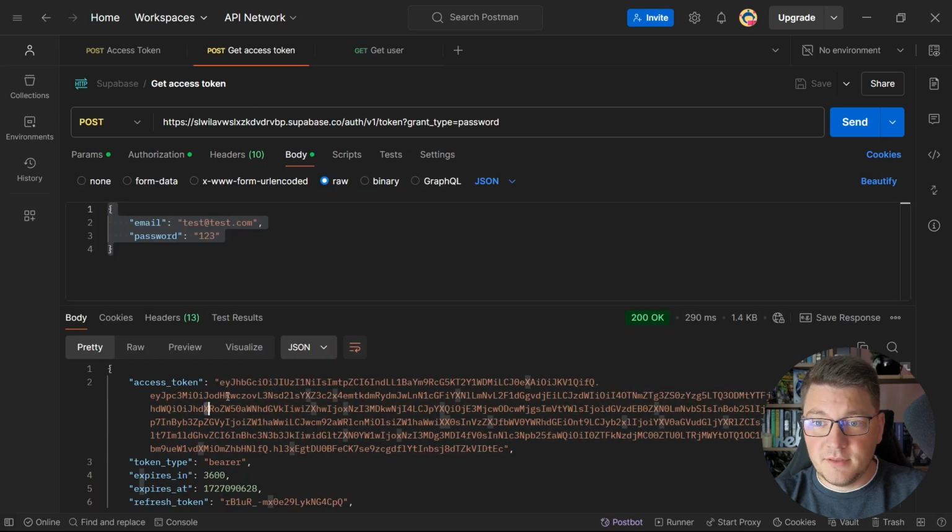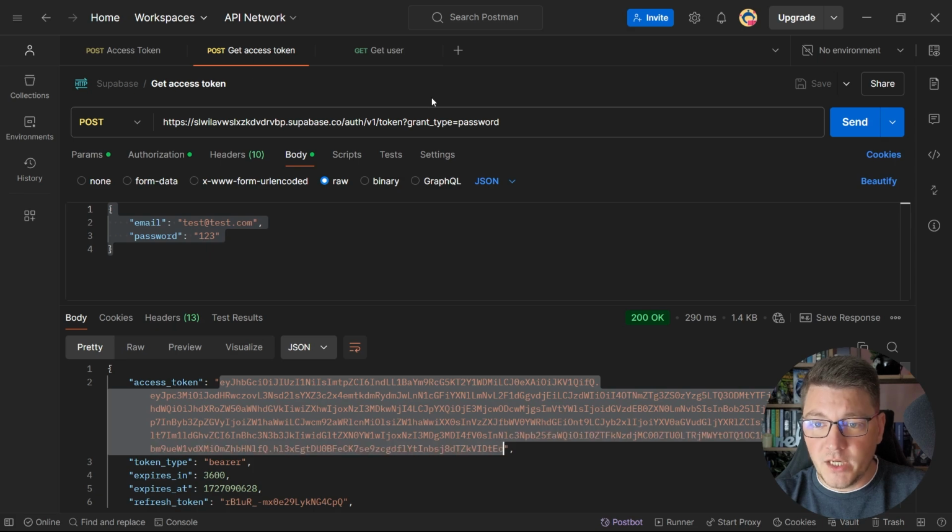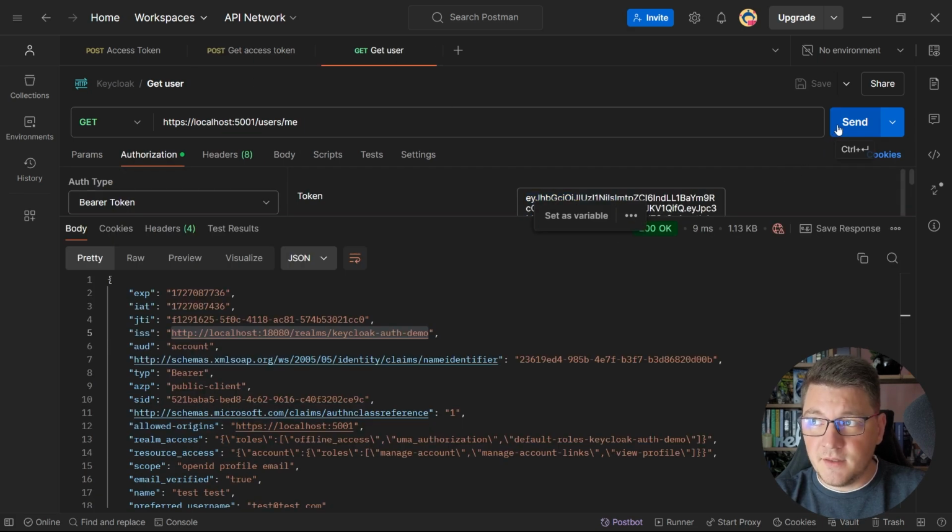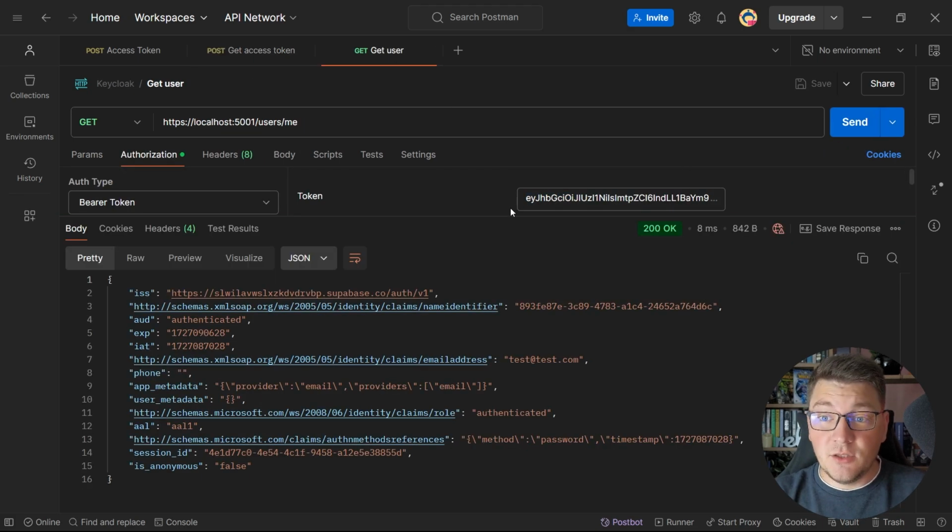Now I'm going to grab the Supabase access token, which I have here, and let's paste it in, and I send this request, and you can see that we get a response back. And we can also confirm that this is coming from Supabase based on the issuer. So you can see that now I'm able to authenticate inside of my application from JSON Web Tokens coming from